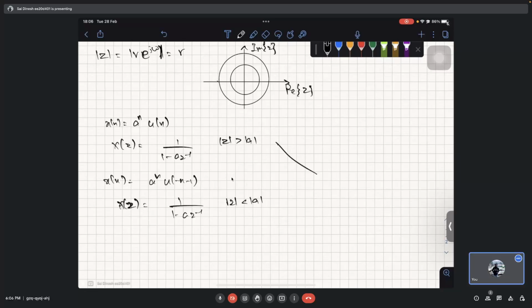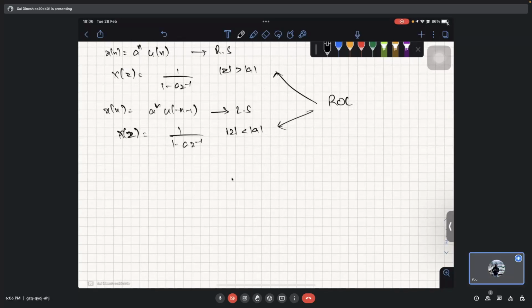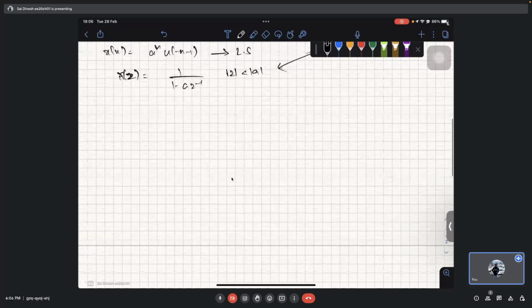These are the ROC, the region of convergence. This is a right-sided sequence, and this is a left-sided sequence. Commonly the right-sided sequences have ROCs of the form